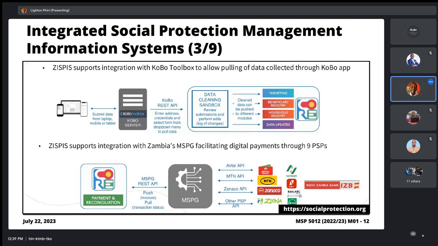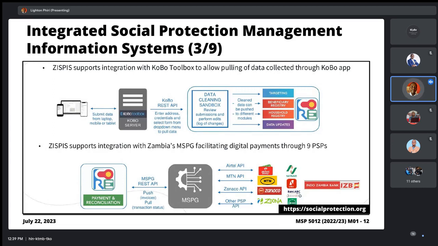If you look at the payments here, it's possible that the beneficiaries may want to check payment details, whether they've been paid or not, using a USSD application. The people paying 33 cents per month may not be as fortunate as you and I. They may not have smartphones on which to install mobile apps.